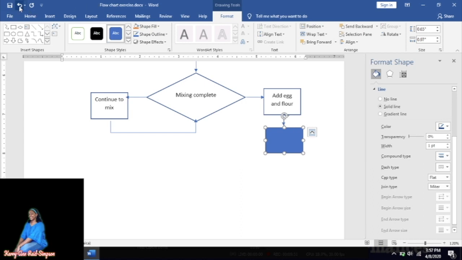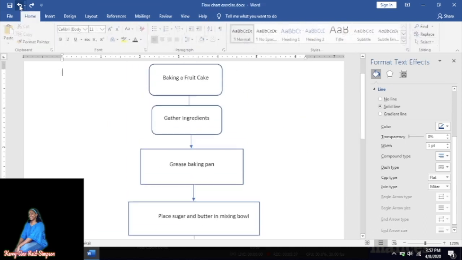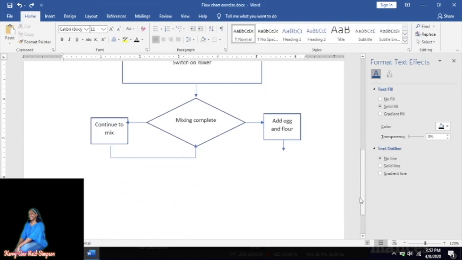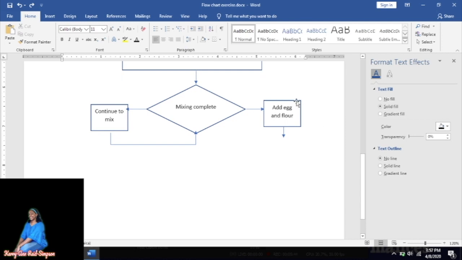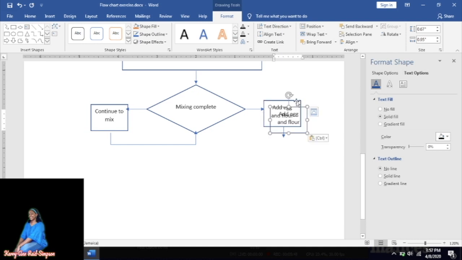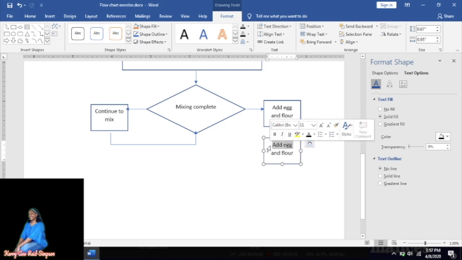We don't even have to do that. Remember I told you earlier that we can copy and paste, so let me undo that, and we are going to copy and paste one that is already in there and edit the text inside of it. So we're going to click on it, copy, paste, and drag it down below the arrow, and we're going to double click inside here